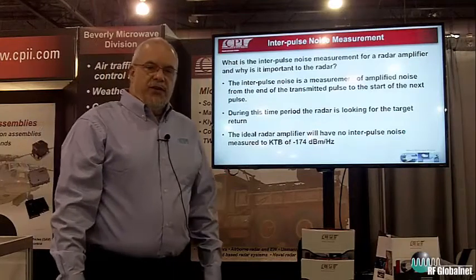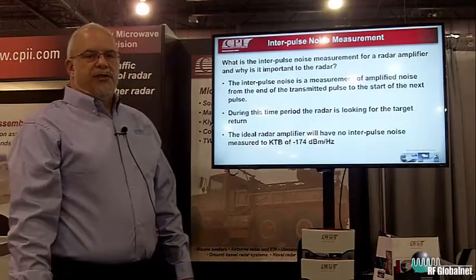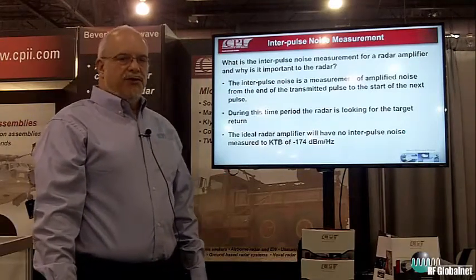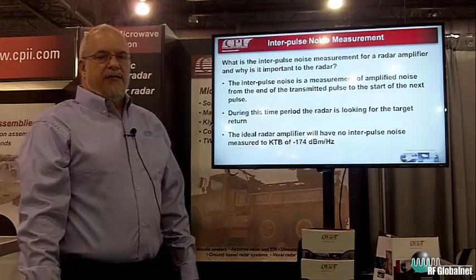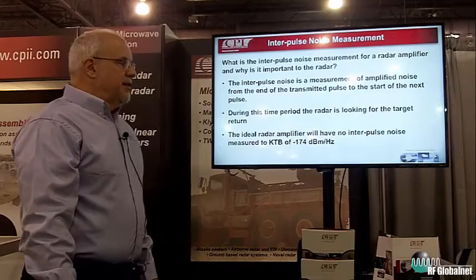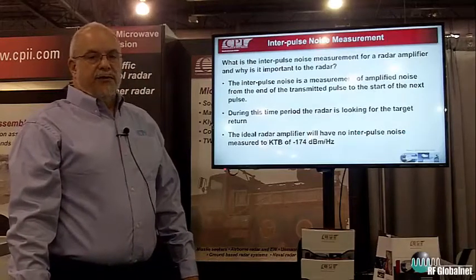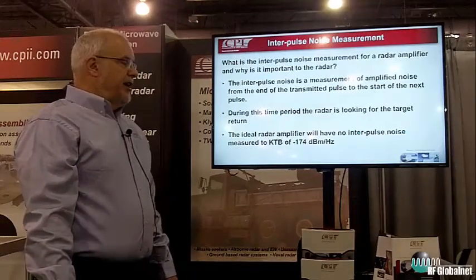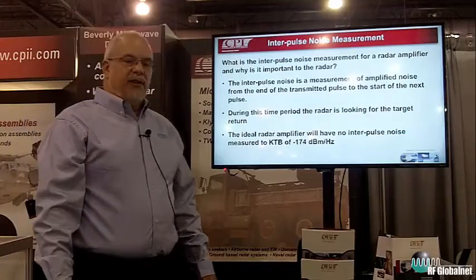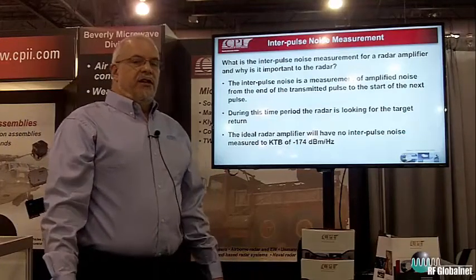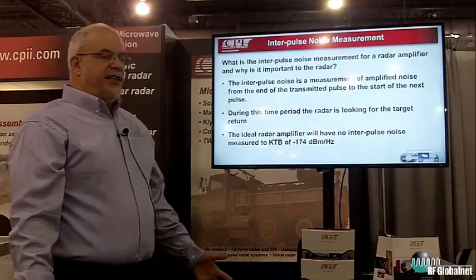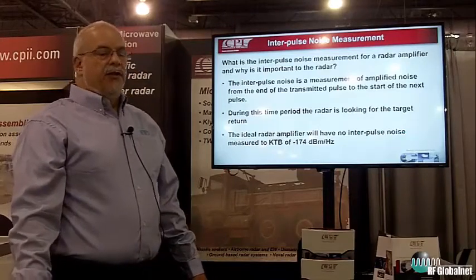The interpulse noise is the amplified noise between the end of the transmitted pulse and the beginning of the next pulse. During this time, the radar is looking for targets within that range. So ideally, the radar amplifier would have no interpulse noise, with a noise level of kTB of minus 174 dBm